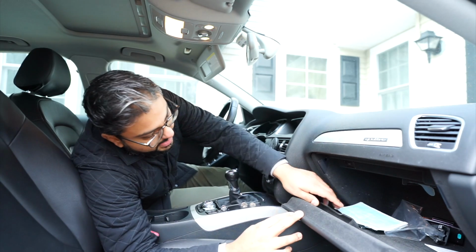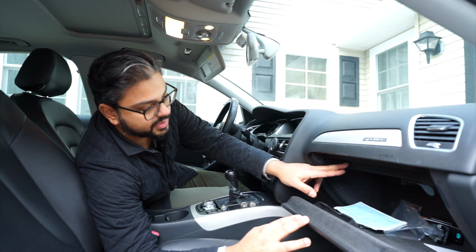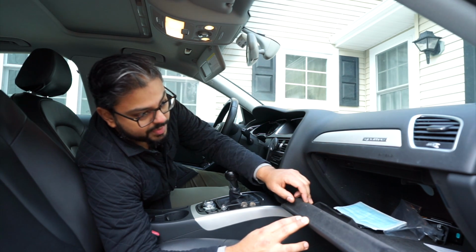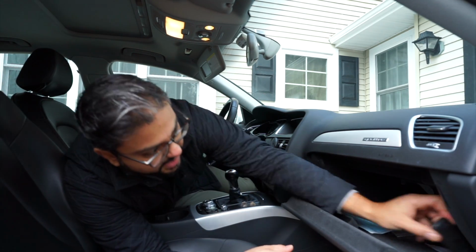sunglass holder. It has a valet button, which is nice if you're boosted and you don't want, if you have like a tune, you're pushing a lot of power, you don't want the valets to go joyriding in your car. You can turn the valet button on and it'll put the car in like a low power mode. It has a spot here for your ID. It even has one of these guys,